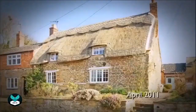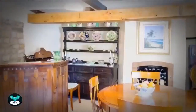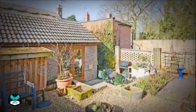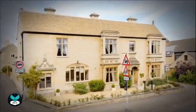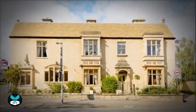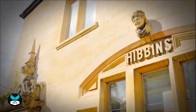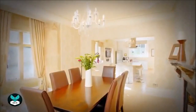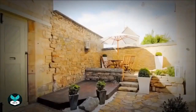£265,000 will buy you this lovely two-bed, Grade 2 listed thatch cottage in Whissendine to the northwest of Rutland. It's full of character features, including exposed stone and beams, and has a charming two-tiered garden with a patio. Or if you're after an historic wow factor, this prime property in the village of Ketton dates back to 1890 and was built by the local stonemason. Constructed in the local honey-coloured stone that characterises the area, this house has been completely renovated over the last year. With 3 bedrooms, a courtyard garden and off-street parking, it'll set you back just under